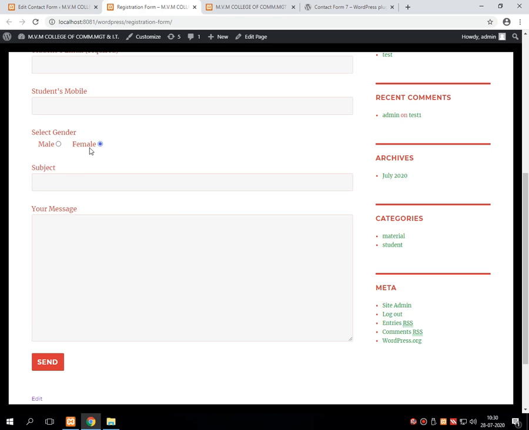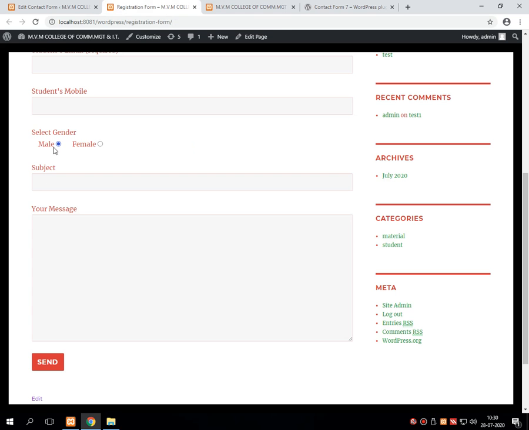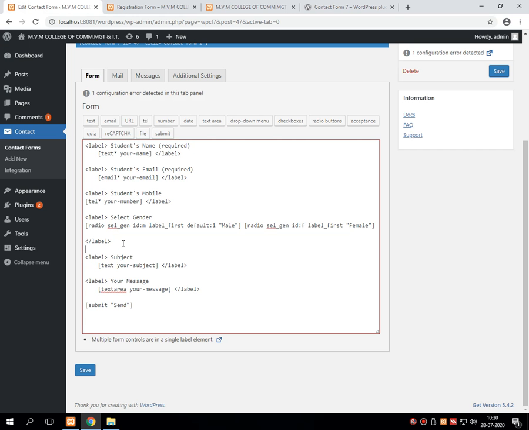See, it works. What have I changed? First of all, I have taken the two radio buttons in a parallel sequence, so they will display in parallel. Then I have given both radio buttons the same name, that is SELGEN, select generation.